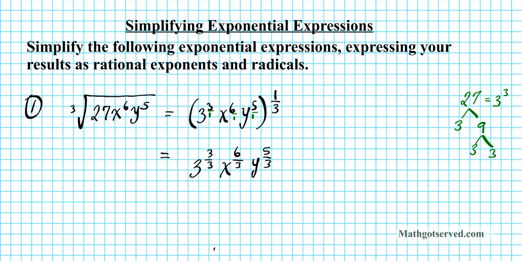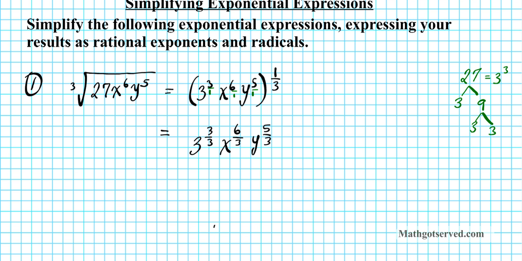Okay, now we're going to take a look at each rational exponent, and then we're going to see if it can be reduced. All right, so let's take a look at the first one. 3 over 3 can be reduced to 1, so this is 3 to the first power. And then 6 over 3 divides out to 2, so it's x to the second power. And then we have y to the 5/3. Okay, so if I want to express this in rational exponents, I can write it as 3, there's no need for a 1. If the exponent is 1, you don't have to put it. 3x squared y to the 5/3. Okay, so this is your answer